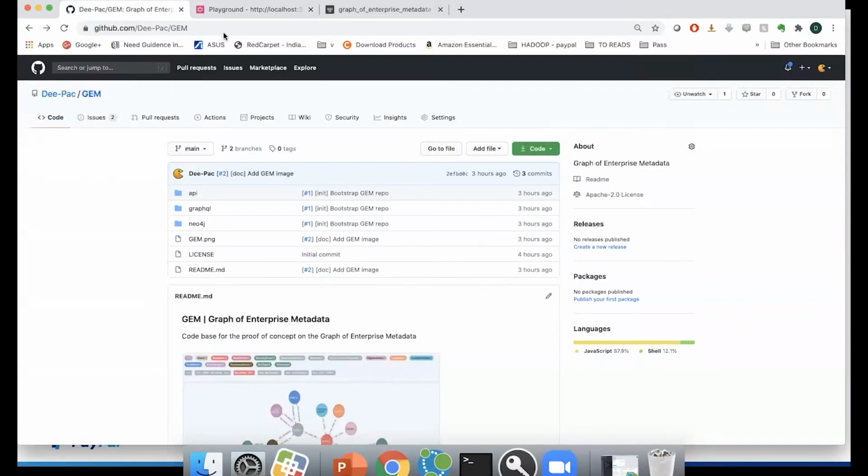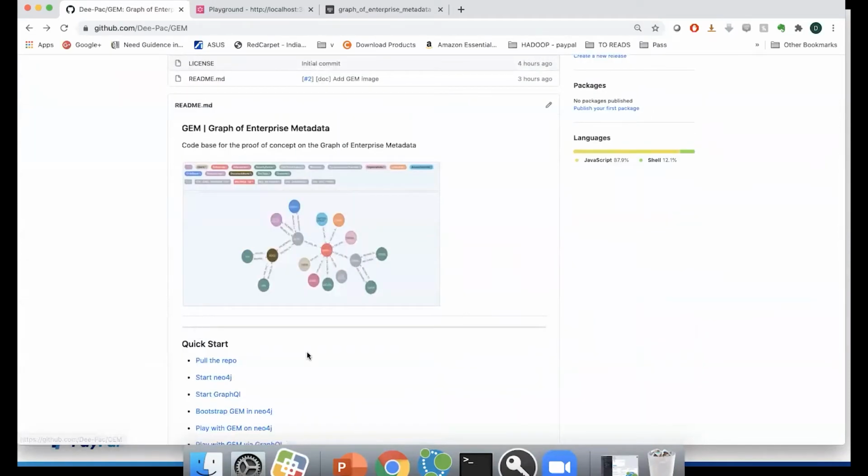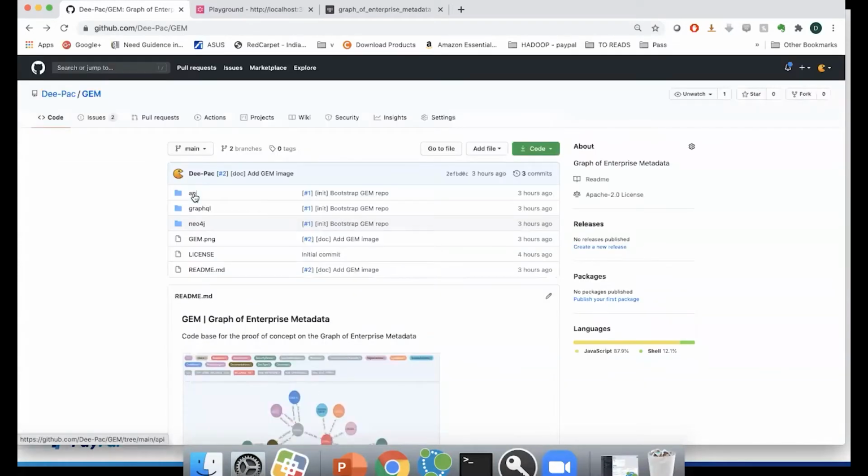Again, going back to the GitHub repository, there are steps to bootstrap Neo4j GraphQL, and we have also laid out certain data sets and schema.